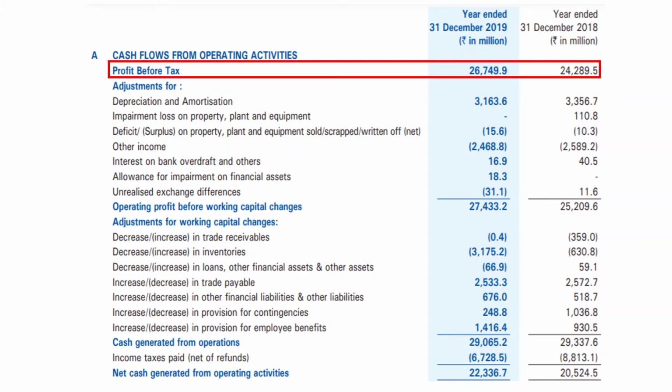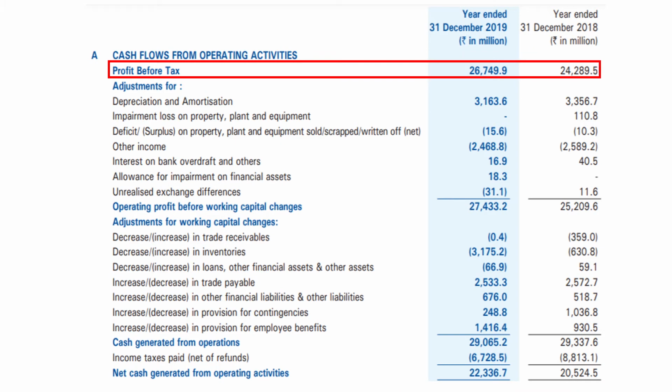Now, I guess we have broadly understood these three parts of the statement, and let's go on to creating them. So, the process is very simple. You take the P&L statement, the balance sheet, which you have already understood in the previous videos, along with the factors that we have learned today, that is revenue, depreciation, provisions, and we combine both these two and form the cash flow statement. So, starting with the cash flow from operating part, now in this, we first take the profit